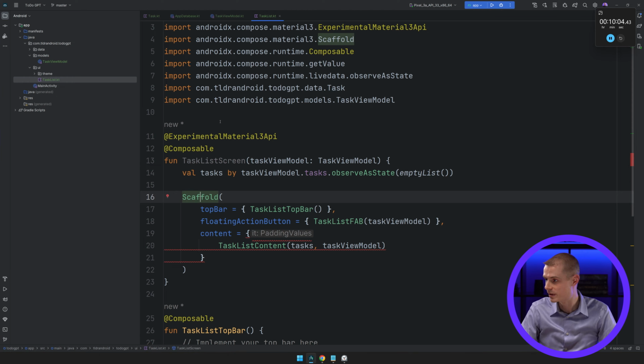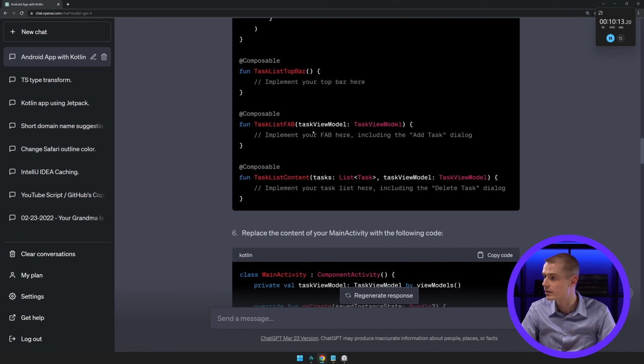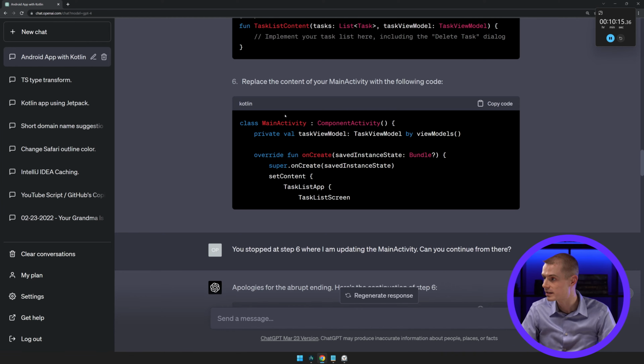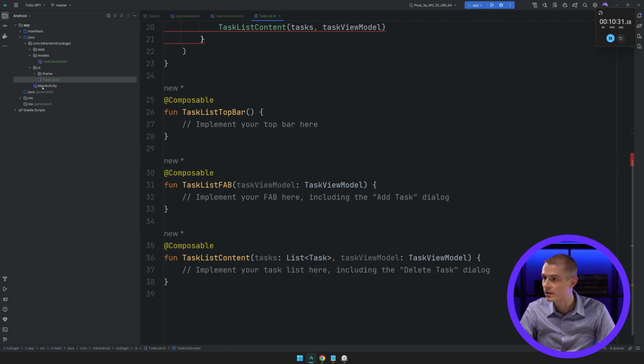So I know I'm doing just a couple suggestions here as it's going ahead and putting it in, but that should be okay. So right now I have an error, but let's go ahead and move on. Let's see if this corrects it for us. So it's having us replace the main activity. It's stopped partway. So actually, I'm going to go ahead and do it this way. Call this the task list screen. Copy out that import,